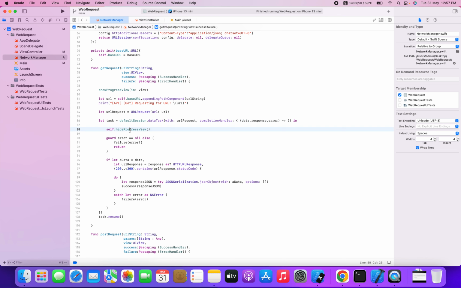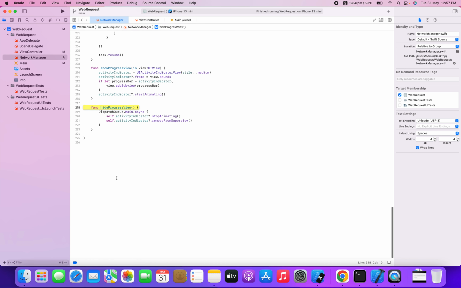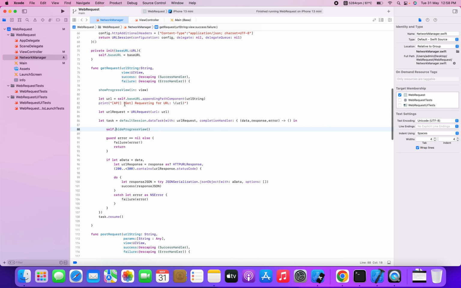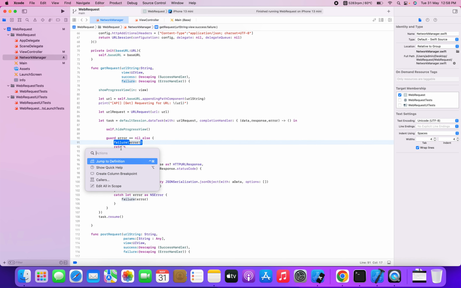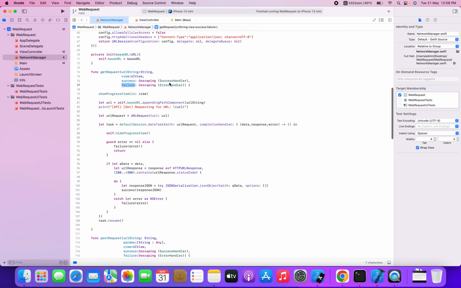I'm stopping that activity indicator. I'm calling this stop animating, so it will stop and hide the activity indicator. After that, I'm checking whether I'm getting the error or not. If I'm getting the error, then I'm calling this failure block. So what is the failure? Here I have defined